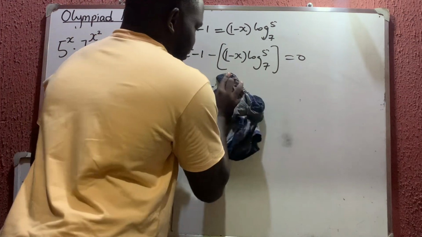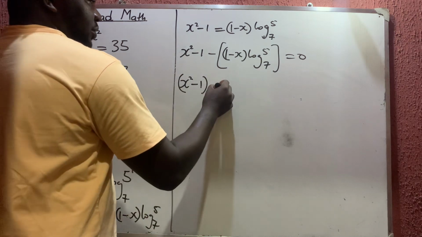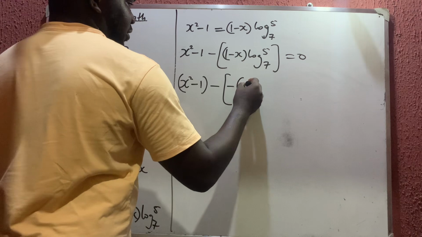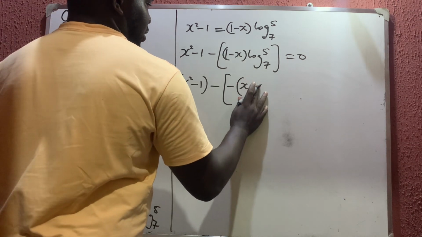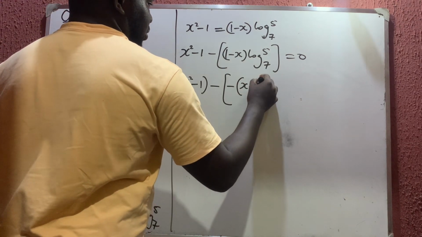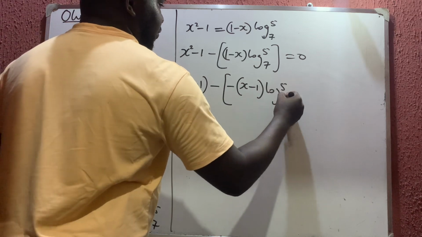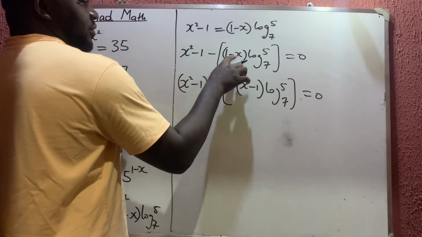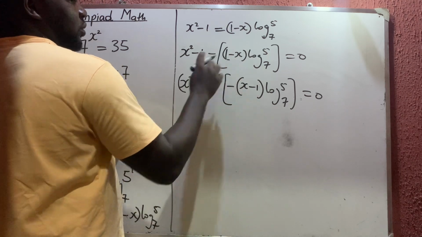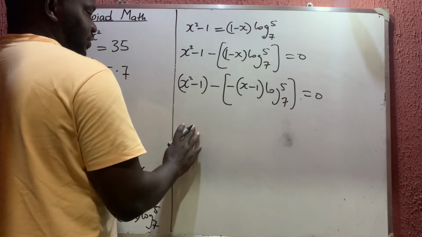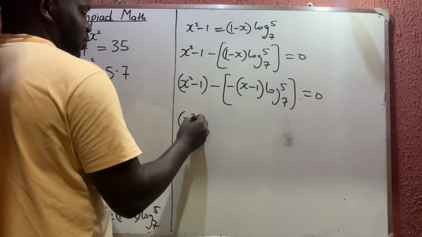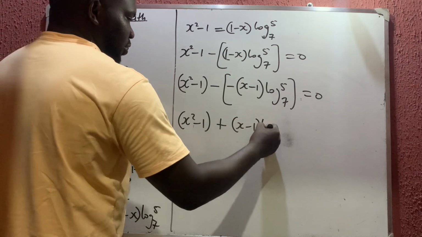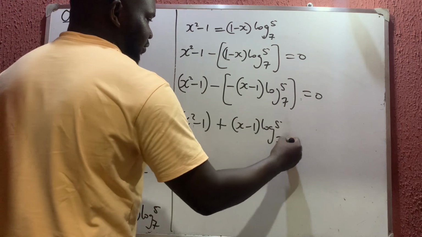To make it clearer, there is minus here into, if I bring minus outside, I'm going to be having x plus 1, x minus 1 here. Okay, then log 5 base 7 is equal to 0. So that minus times this will give you the minus x, and minus times this will give you the plus 1. So minus minus is now giving me plus. So I'm having that x squared minus 1, then plus x minus 1, then log 5 base 7